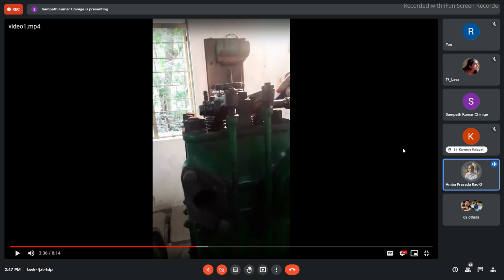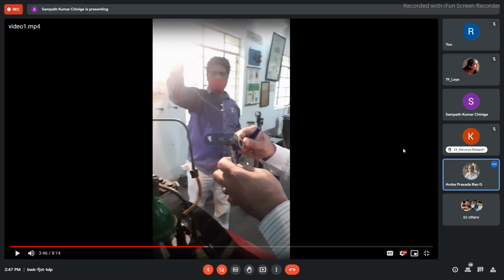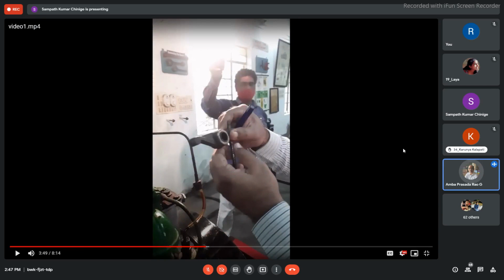One end is fixed, the other end is moving. So this load is going to fall on the valve that I'm holding in my hand on the head of it. So there is a very small pressure acting on the valve stem, and it opens. So how to appreciate the immediate opening of the valve? Let us see. We are going to insert a thin paper. Okay, please carry on.